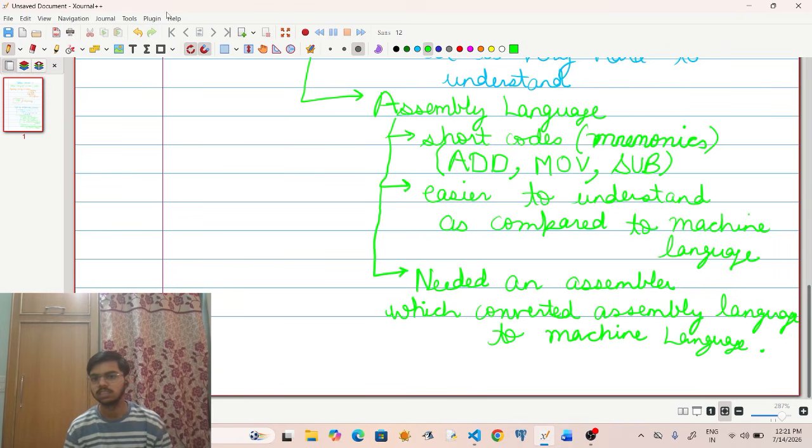So the machine cannot understand this. So we need a person in between which can convert this assembly language into machine language, which the computer can understand.